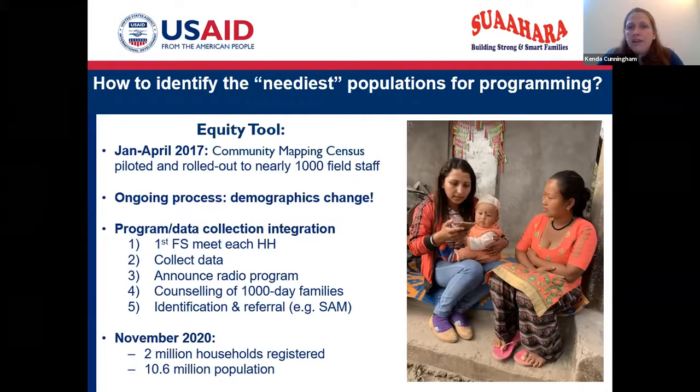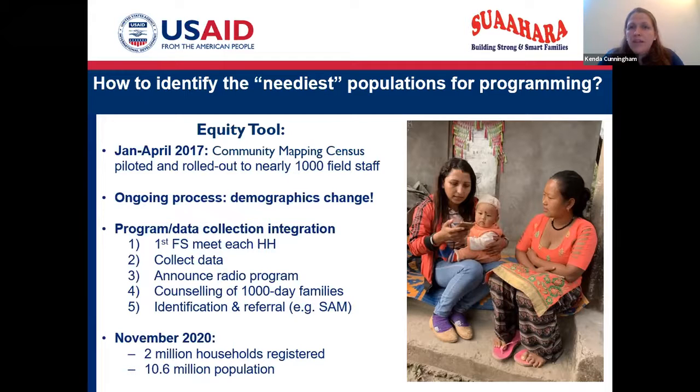As I mentioned, we had about 1,000 field staff at the time, now around 1,500. And we developed something we called the community mapping census. You can see one of our frontline workers pictured here holding a smartphone. We gave all of them a smartphone with our census tool built into the phone using the CommCare application. And the purpose of this was to be able to collect basic socio-demographic information. If you have ever collected roster information at the beginning of any survey, it's quite similar to that. And we rolled it out between January and April 2017, piloting in a few areas first before rolling it out